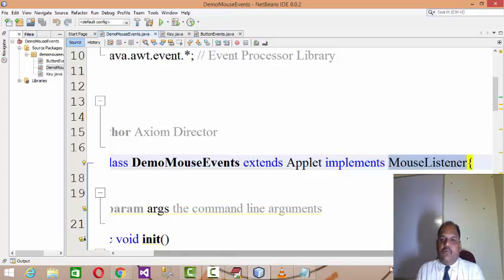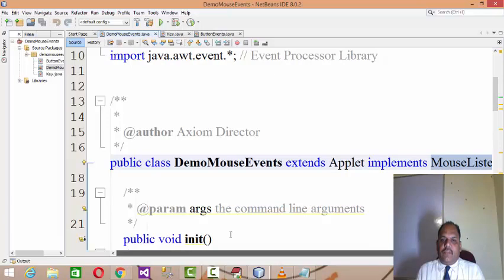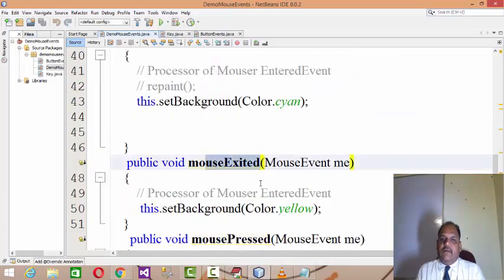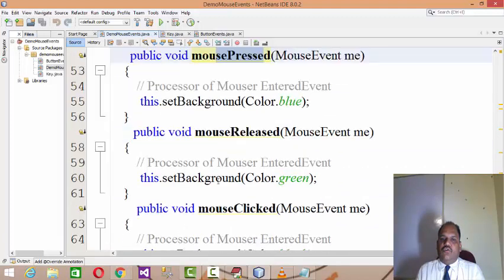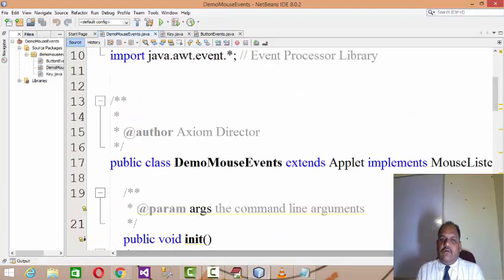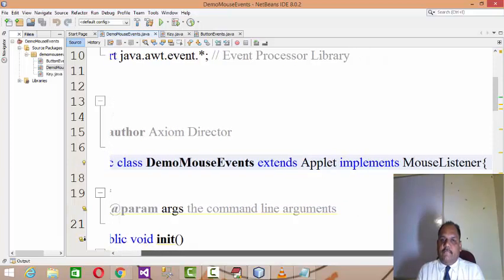I already explained that the MouseListener interface provides the prototypes of the methods: mouseEntered, mouseExited, mousePressed, mouseReleased, and mouseClicked.